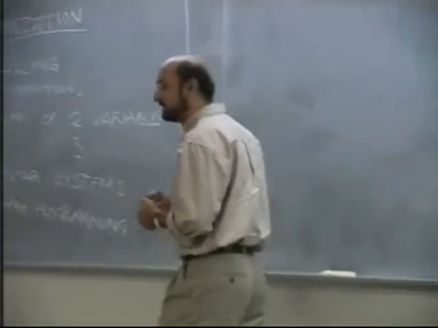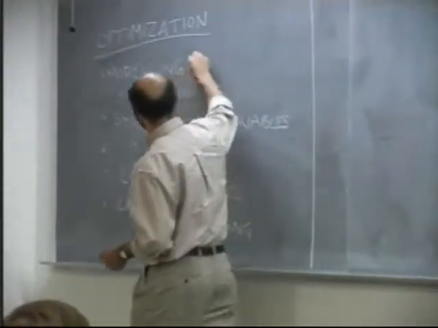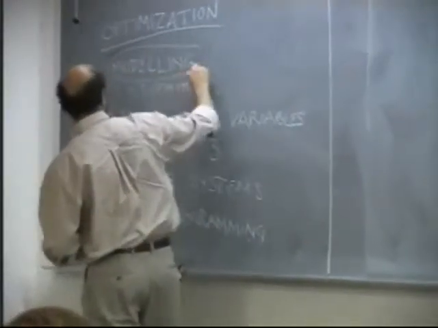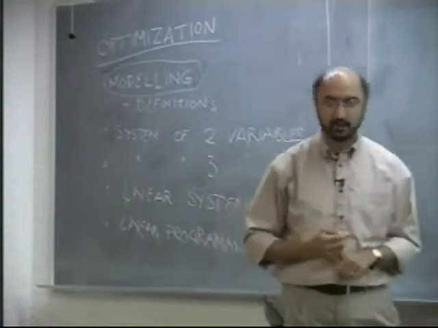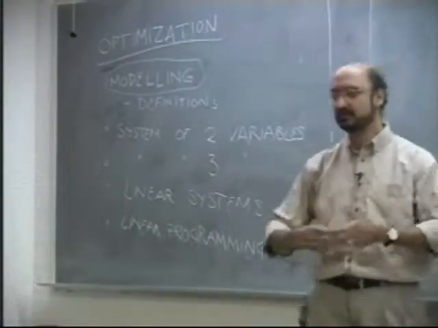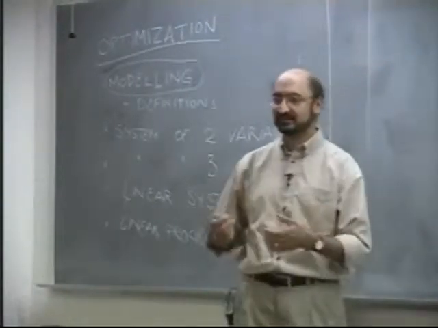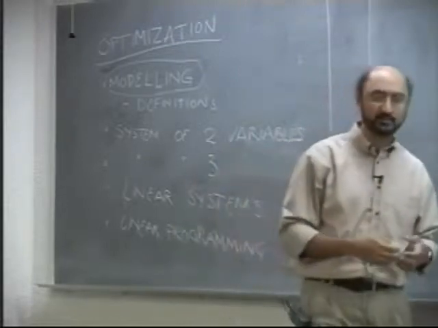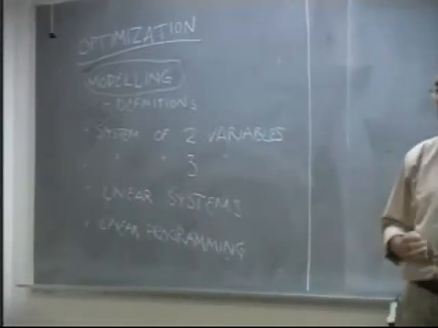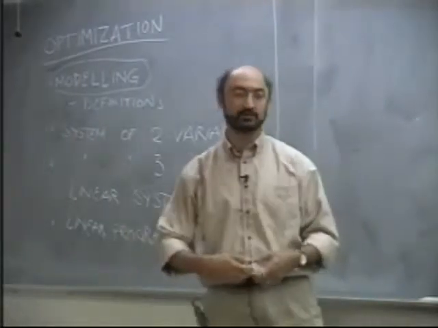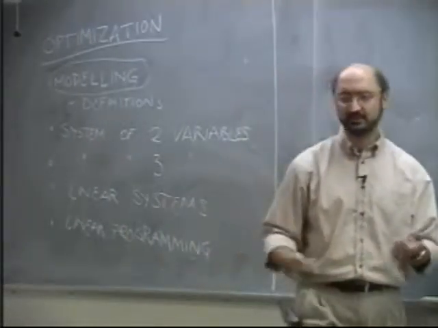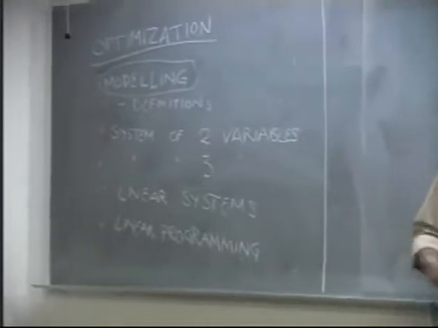Before we can optimize any system, the first thing we need to do is to model it. We need to put it down in the form of a mathematical model. What that means is that we need to take the system and attach some parameters, something that we can use math on. And this is actually the hardest part. There's no way to teach it other than to try it yourself a few different ways, because